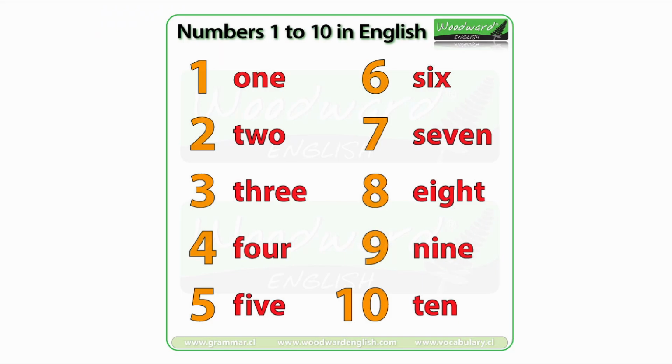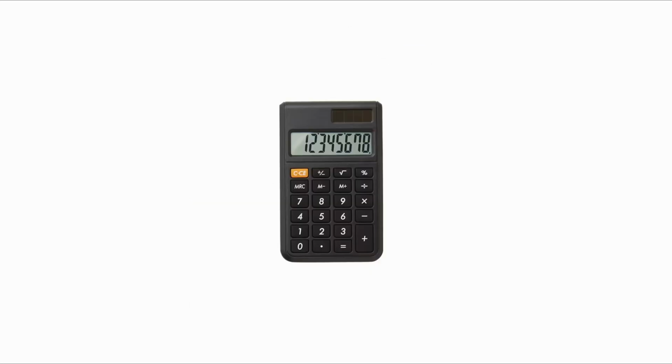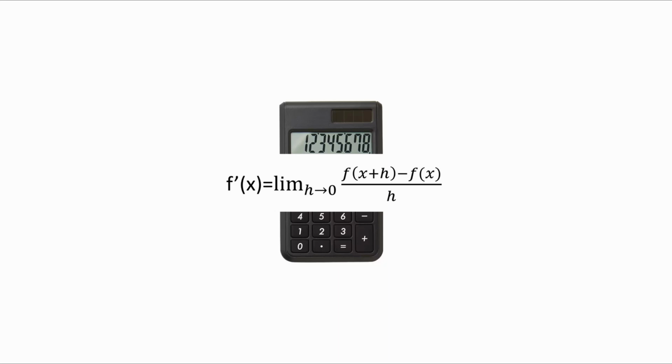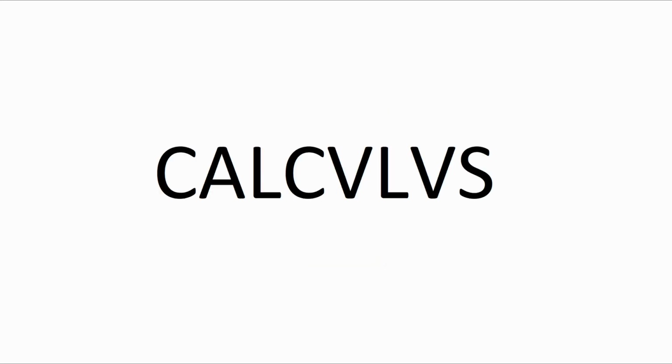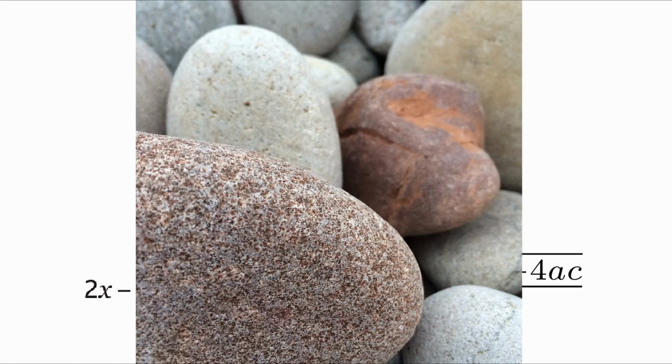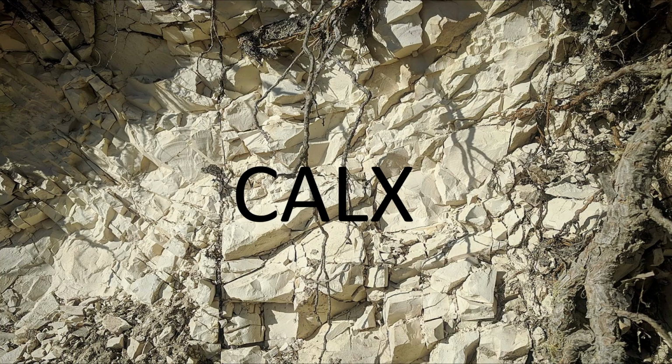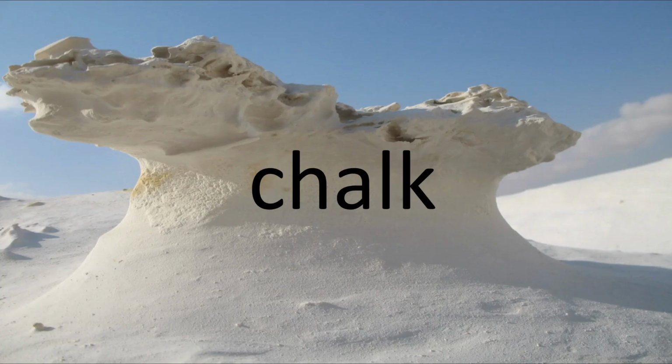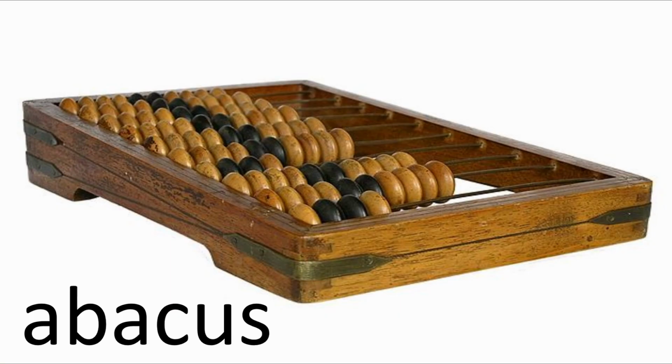Now that we've learnt our basic numbers, we can move on to calculating things. Speaking of calculating, dreaded calculus is the origin of the word calculate. But what could calculus mean in Latin? Equation? Formula? Well, try pebble. Formed from calx, limestone, which also entered English as chalk, plus ulus, a diminutive suffix, the word refers to the small stones used in an abacus.